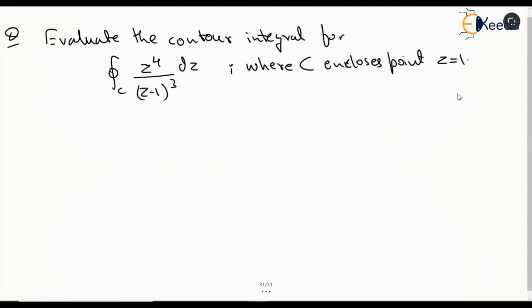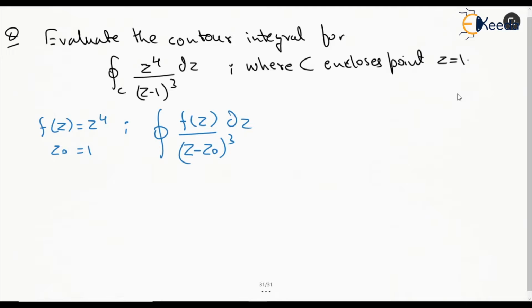Now, can we see that this is nothing but, let's say, if we take f of z equal to z to the power of 4 and z naught equal to 1, then this is actually f of z by (z minus z naught) to the power of 3, an integration like this. And as per the Cauchy's integral formula,